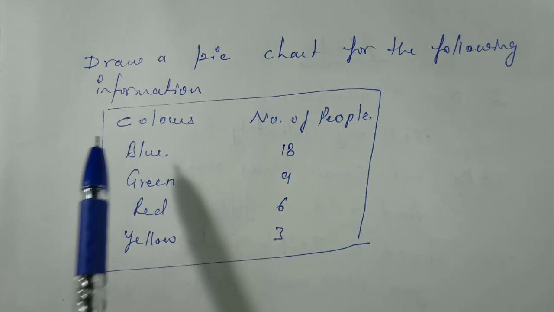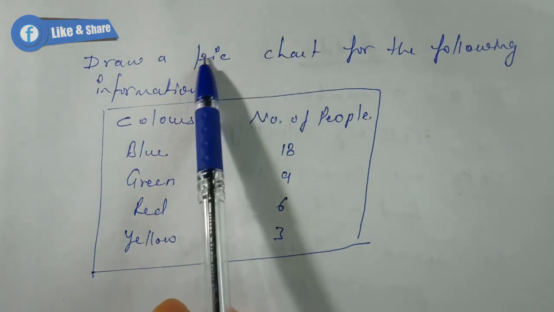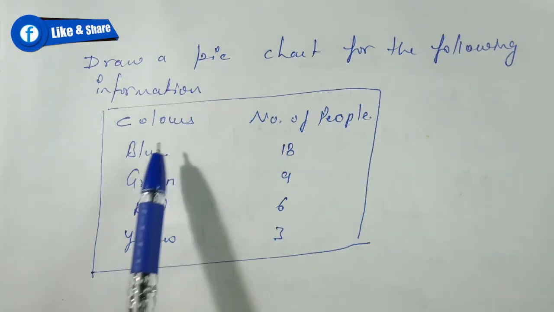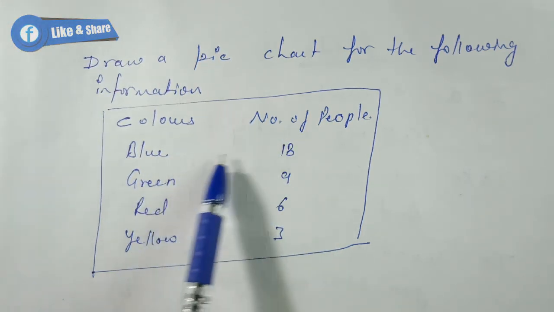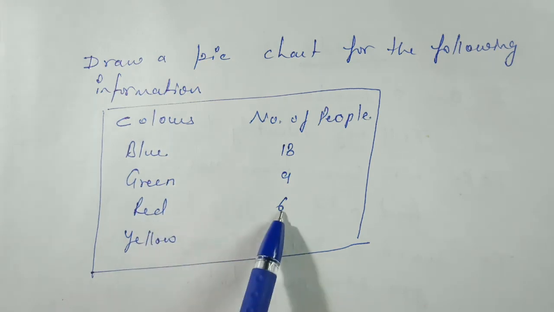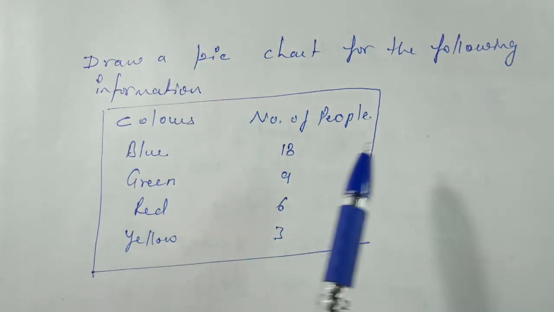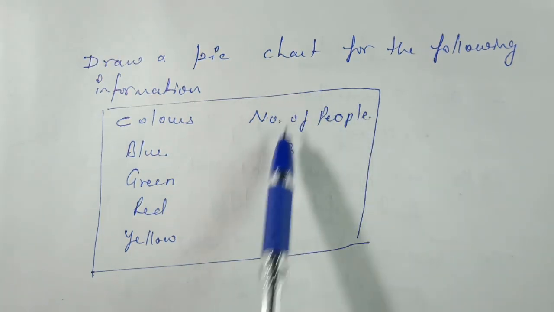Yes students, today we are going to learn how to draw a pie chart, which is also called a circle graph. The following information is given: these are some colors liked by a number of people. Blue is liked by 18, green by 9, red by 6, and yellow by 3. Before drawing the pie chart, we know that for a pie chart we have to draw a circle,